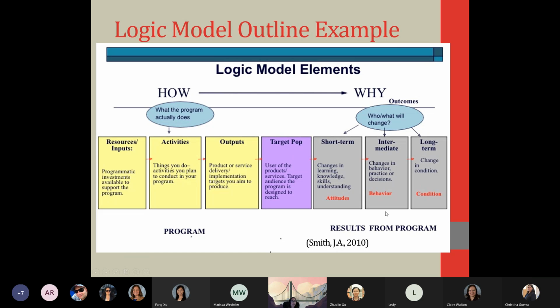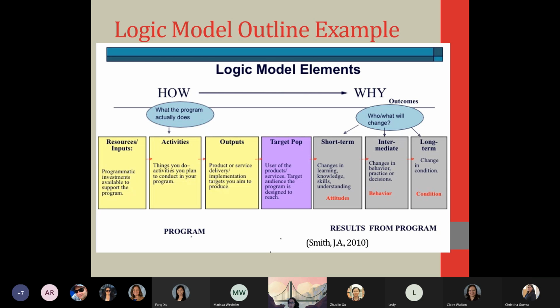Okay, so here is a logic model outline example that I really liked, because I thought it was very user-friendly, simple, and I like the way it explains the how and why in every step of the process. So it's simple, yet it's very descriptive. So you got your resources and your inputs. So these are programmatic investments available to support the program. So examples of this would be faculty, staff, technology,